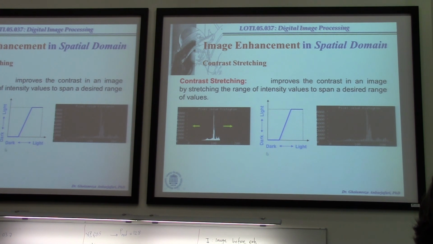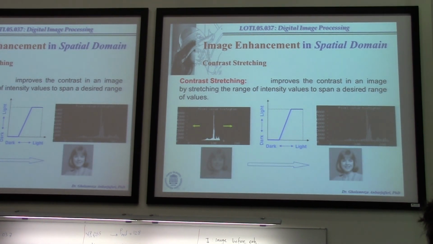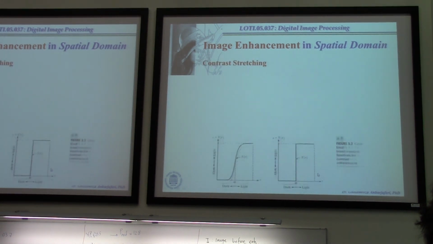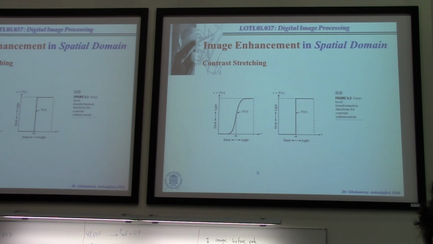Now, how do we do it? We have lots of formulas and transformations which we can use. Today we will start to talk about some of these transformations, and in the next session we will continue with more complicated transformations in order to enhance the contrast. As a consequence, you see that this is a grayscale image which has low contrast, and after enhancing it we will get a higher contrast. In order to do it, we said that this is